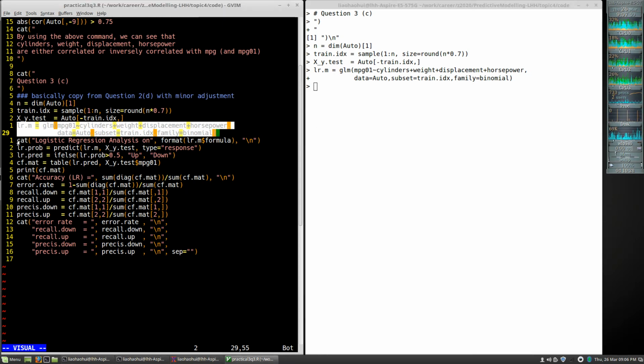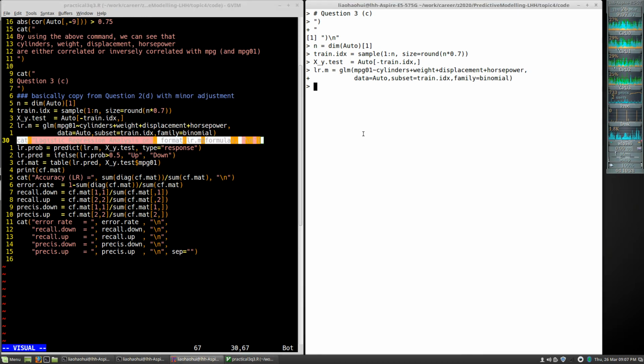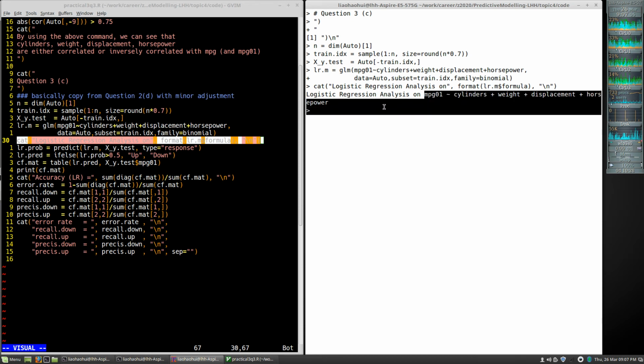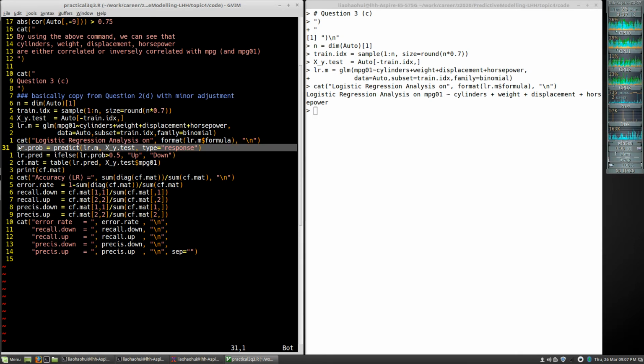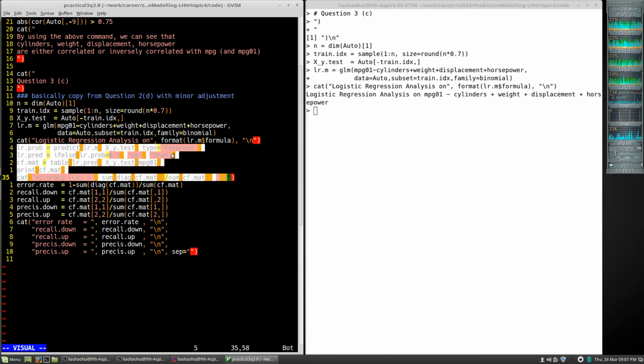The command here is just to show the formula of the model. You can see this is the formula, similar to earlier examples. We use the predict function and use an if-else statement